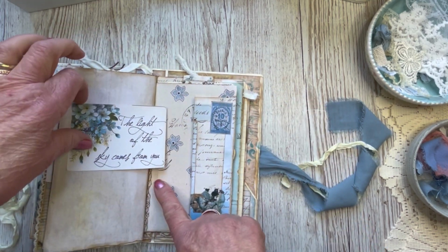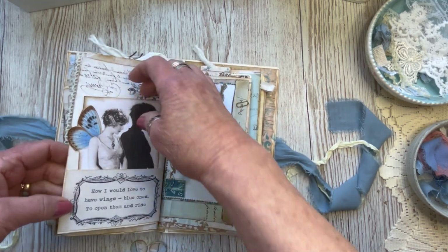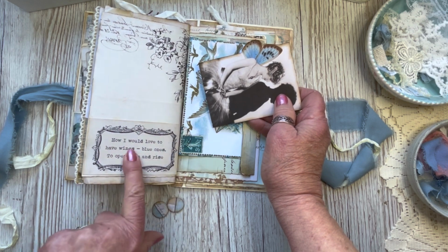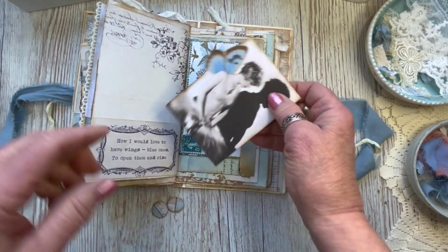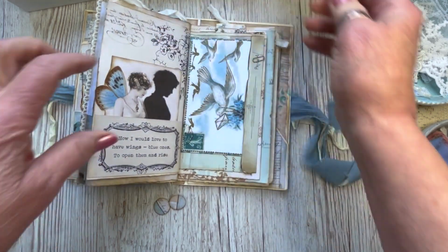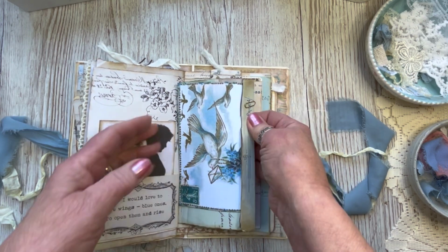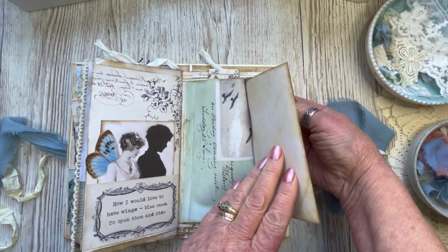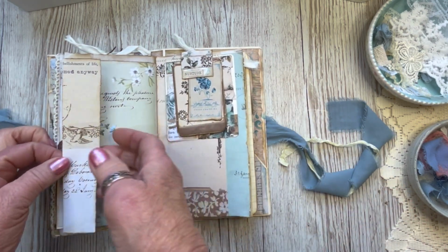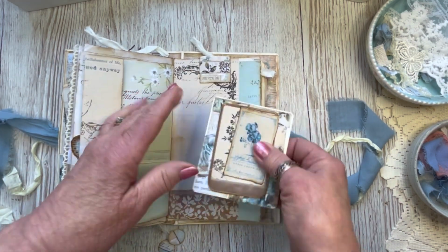The light of the sky comes from you. That's a nice saying. Turn it over. And we say, how I would love to have wings, blue ones, to open them and rise. Very pretty. She's perfect for that. Again, we have a little paper clip that holds in a postcard. Another hidden paper clip that holds